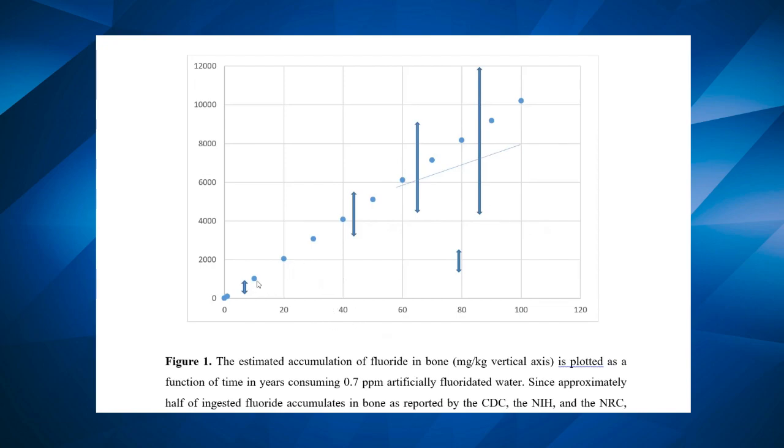And is the bottom X, is that years of life? This is only drinking 1 part per million fluoride. So 78 years or so living on 1 part per million fluoride, which hasn't happened in the US yet, but it's going to happen any day now. So the bottom axis is years alive. Yeah, you're in this range now. If you're going to consume fluoride the rest of your life, look out.